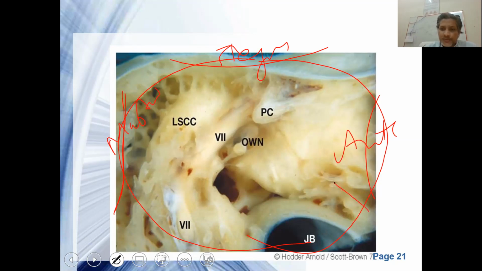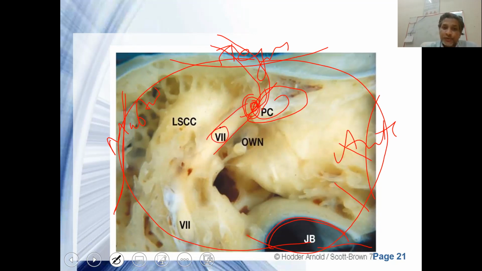This is eustachian tube, canal of tensor tympani. This is jugular bulb. Deep to the jugular bulb will be the internal carotid artery. And this is a processus cochleaformis, a hook-like structure. About 2 mm superior to the processus cochleaformis will be the appearance of the facial nerve, which comes after a 120-degree turn and appears first time in the middle ear. This whitish part you are watching is the facial nerve.